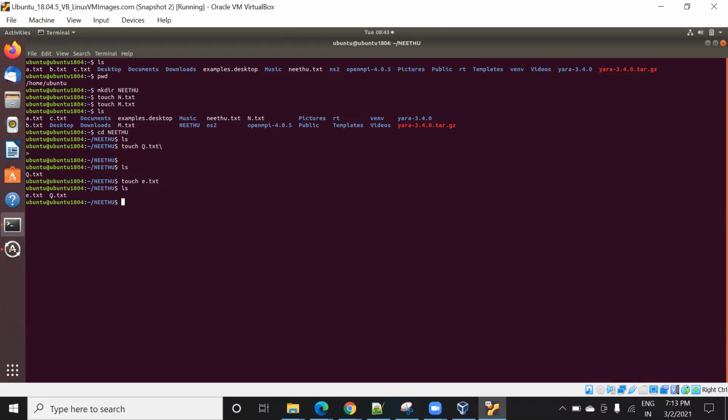Okay, now let's check it. There are two folders. Now I want to remove a file. I will write Q and press tab. I will remove it. Let's see ls. So it's checking now. Now you want to delete a folder itself. So rm minus, you need to go down,